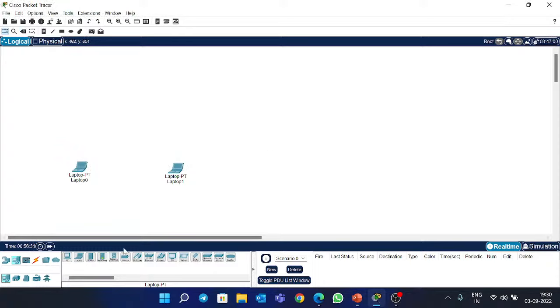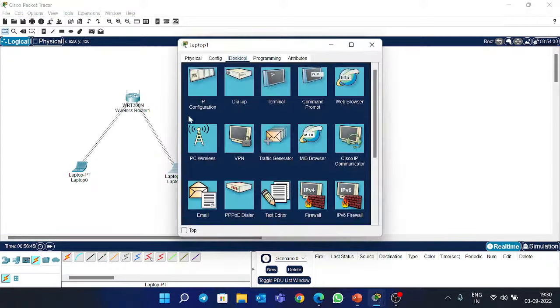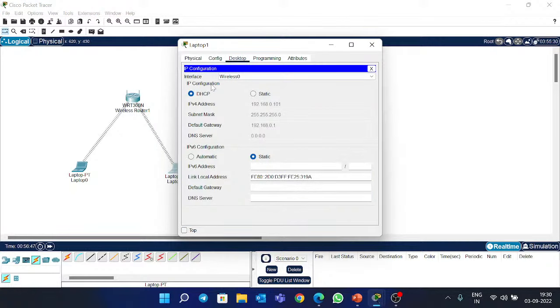So see guys, I'm going to take one wireless router here. So in the wireless devices, this is my wireless router here, and I am going to select this. See, now we got the connectivity established with the wireless router, and we will go in the laptop. We'll go in the IP configurations, and you can see that here we are automatically getting the IP address. Like I have not done anything. I have not configured any DHCP server over the router or anything like that. So what is the IP which we are getting is